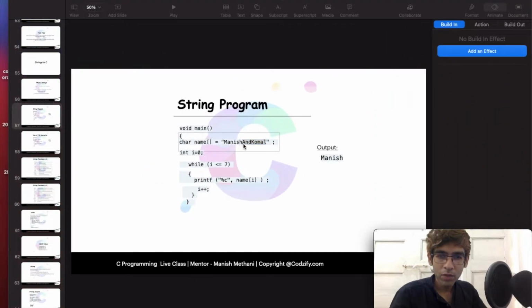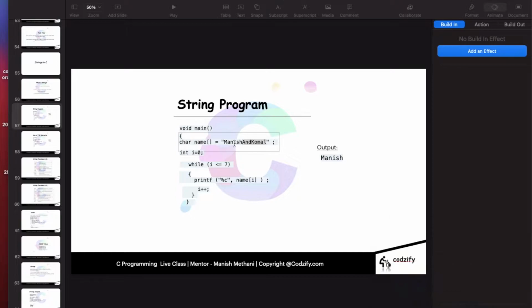If I add more characters, I have to change the condition logic here. i less than 7 will not work here. It will print only 7 characters, 0 1 2 3 4 5 6, but I want the entire string. And I also don't want to change this condition every time.